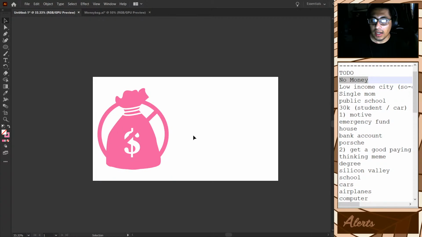But if you think about how it's going to animate, you can think about it like we're going to be talking about something, and they're gonna say no money. Bam, this gets animated. So this is what we have so far. It says that he was raised with no money, a low income city, and so we're gonna be thinking low income city in SoCal. One of the things, draw a little city.